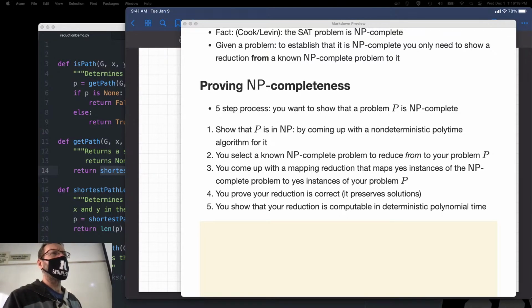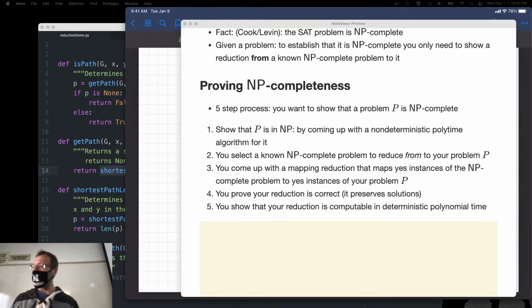I believe that credit goes to, for this there's a compendium of NP-complete problems. There's this book that has maybe a couple hundred NP-complete problems in there, and it shows proofs for some of them. It used to be that you could get published for showing an NP-complete problem. That's no longer the case. We have hundreds of them now, so that's no big deal. But in any case, they established that if you show these 5 steps, that's enough for a proof to show that something is NP-complete. First of all, you want to show that it's in NP to begin with,